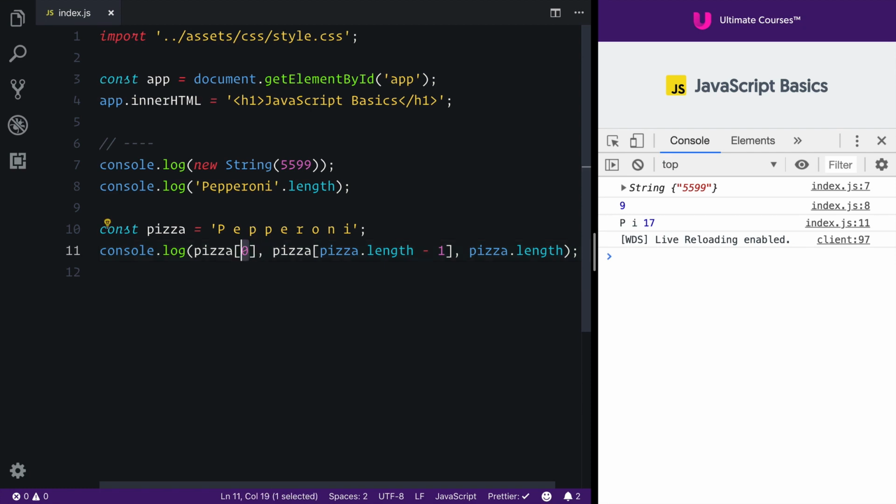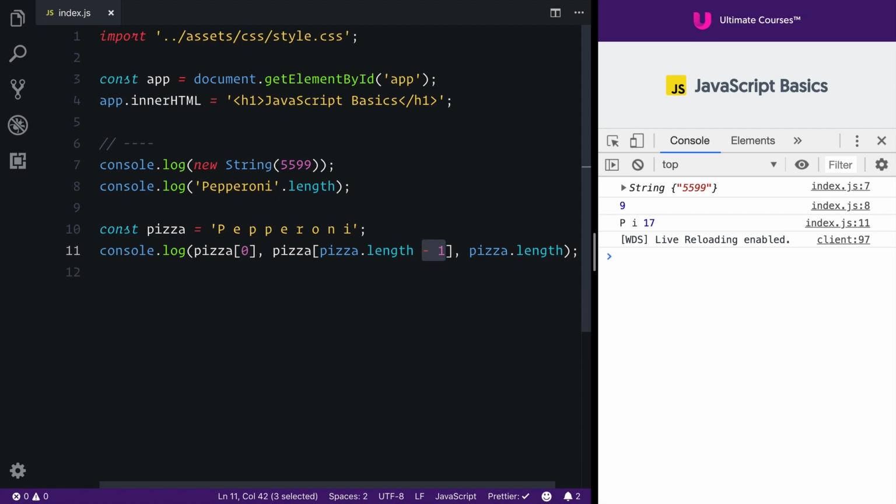And we've also learned that because it's a square bracket, we need to pass in a string. And even if we pass in a number, JavaScript will convert that to a string for us. We can make it easier for ourselves in terms of readability by just sticking with numbers. If we want to access the last item in the string, then we can do pizza.length and then we can -1. Now this is a common pattern you'll see elsewhere in this course as well when we deal with things